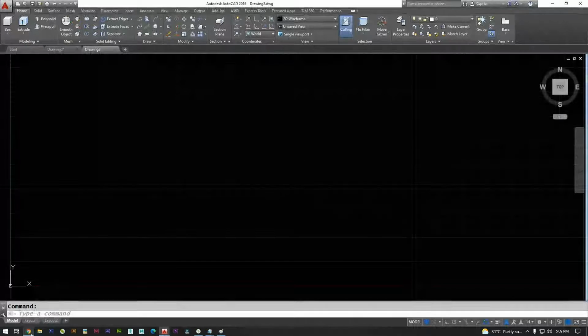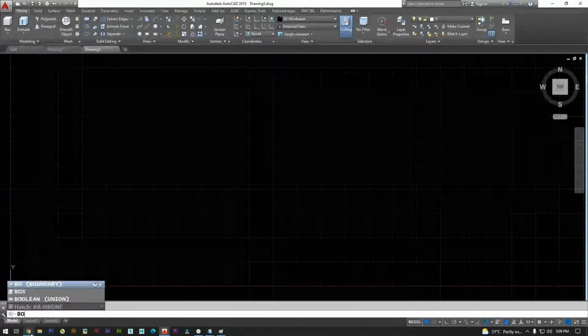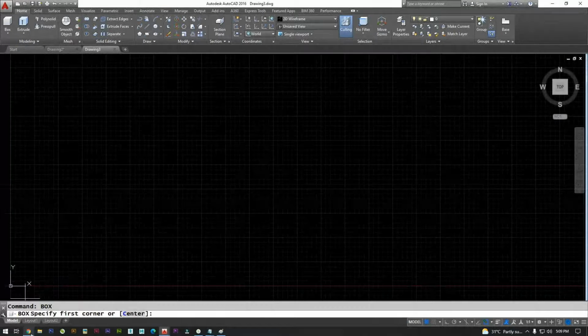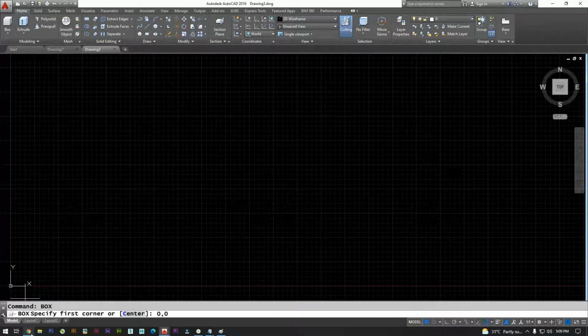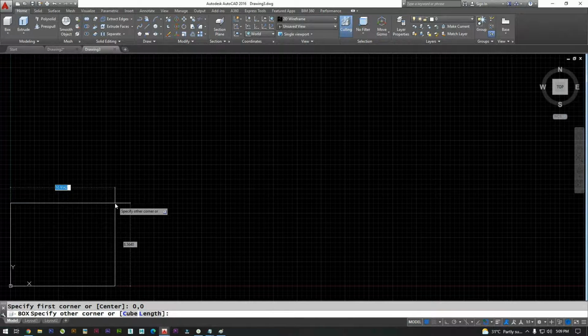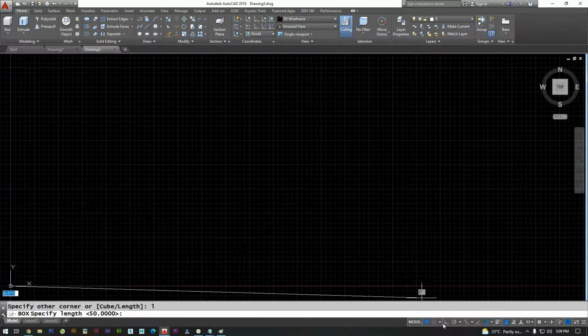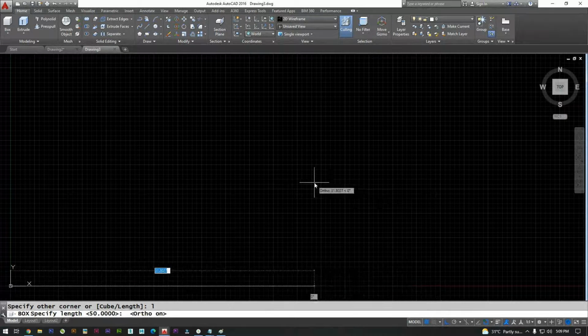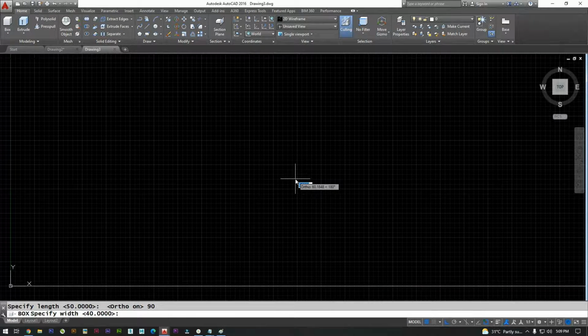So box, 0 comma 0, enter, on the ortho, specify the length, that is 90, specify the width, that is 125, height, that is 60.